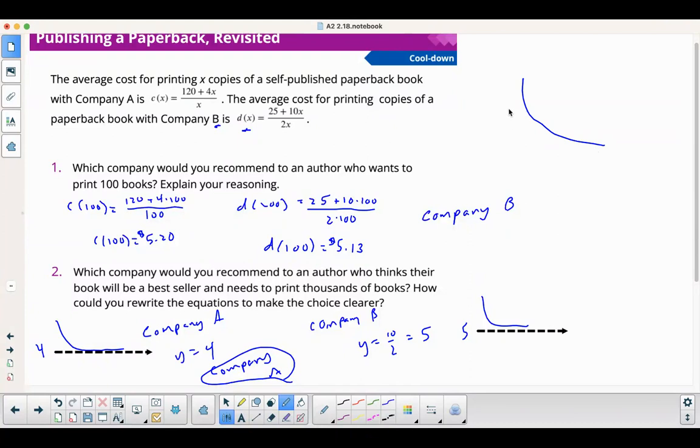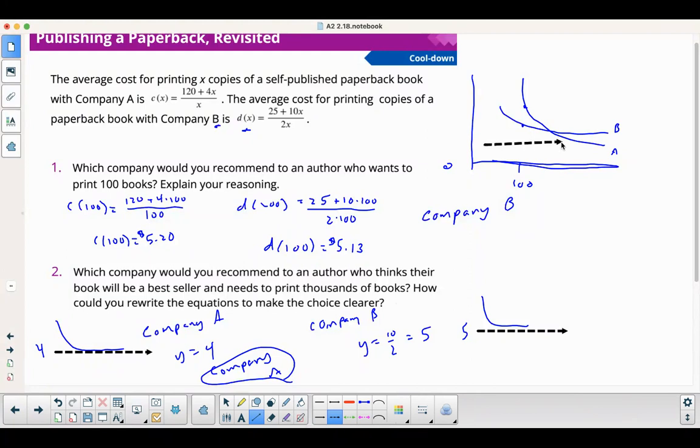is going to be like that. Now company B would be up here. So because in this part here, B was below A. So it'd be like, if this was 100, this is my axis here, like 100, 0 is like way over here somewhere. So B is below A somewhere there, okay? But eventually A is going to level off at 4 and B is going to level off. I'm a little off on that. B is going to level off at 5, okay? Kind of like here, 4 and 5. So obviously long-term A would be better because you're going to go lower. But at that given moment at 100,